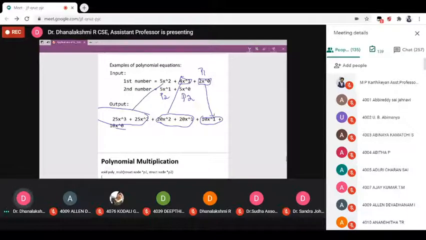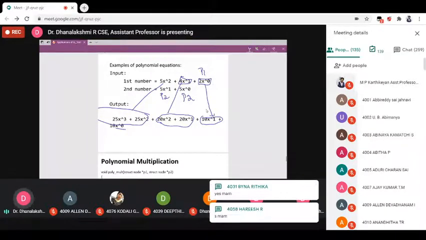Any doubts on this? Shall I explain that code routine? This is a procedure. Once you understand the procedure, then only you can write the code. Any doubts? Shall I start the routine? Any one of you give the answer. Shall I start the routine or shall I explain this multiplication procedure once again?